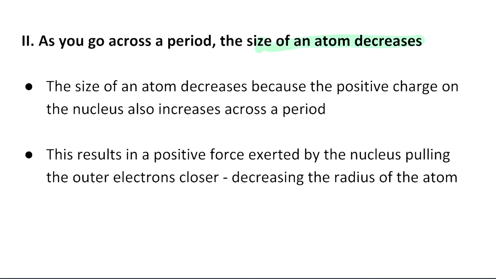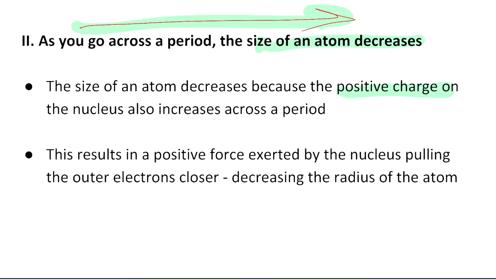So as we're moving from left to right, the atom's radius is going to decrease. And so the size of the atom decreases because the positive charge found in the nucleus of the atom increases across the period. So we have more protons as we move from left to right on the periodic table. So they have the ability to pull more electrons. But remember, as we said with the previous part going down, that we've got the repulsion of the inner electrons,